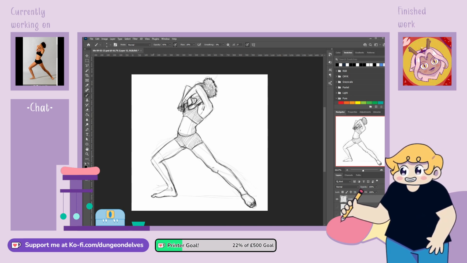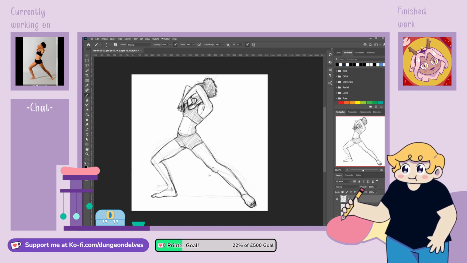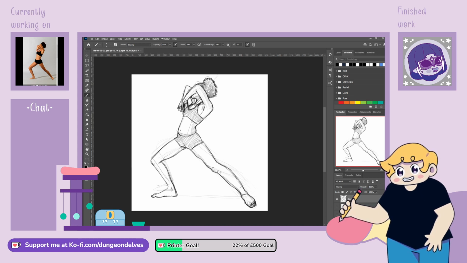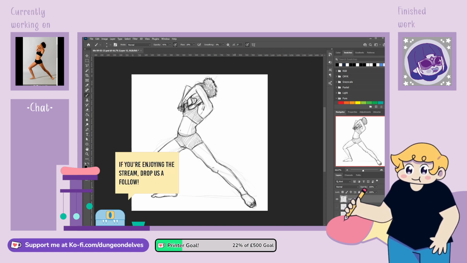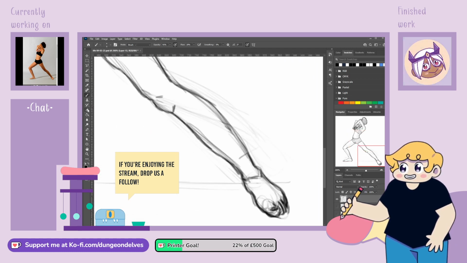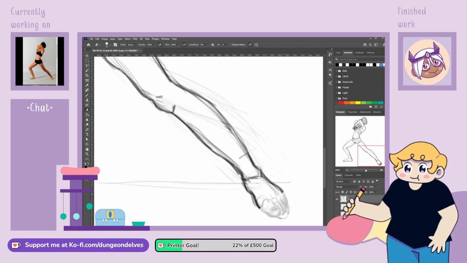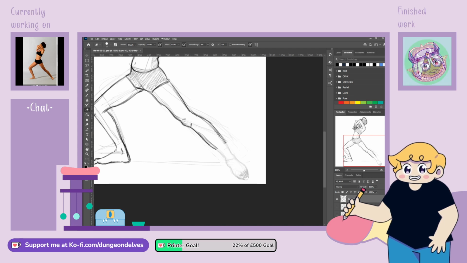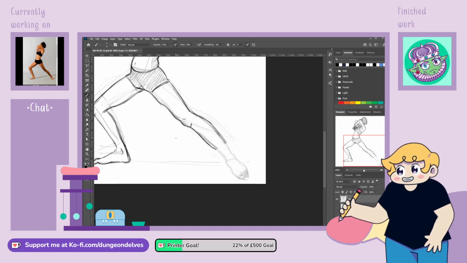I'm just making sure my knees line up as well. I think they do. Yeah, it's just where this is a bit too long. I've got time. I should. Goodbye, foot. Okay, quick. I can still see it. It still exists. I can use it as a guide, maybe.